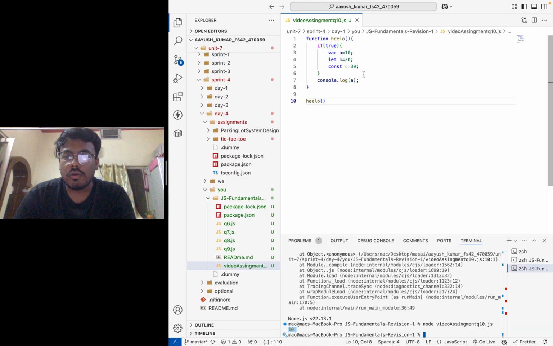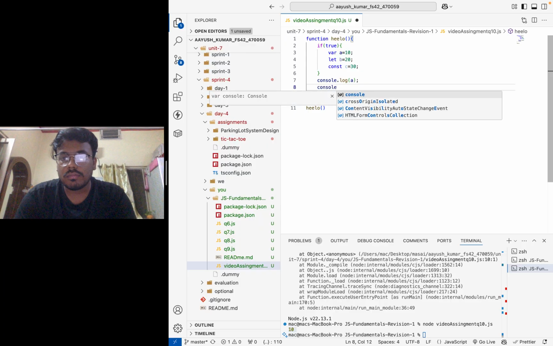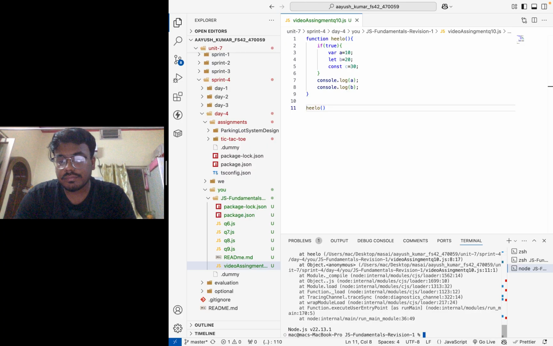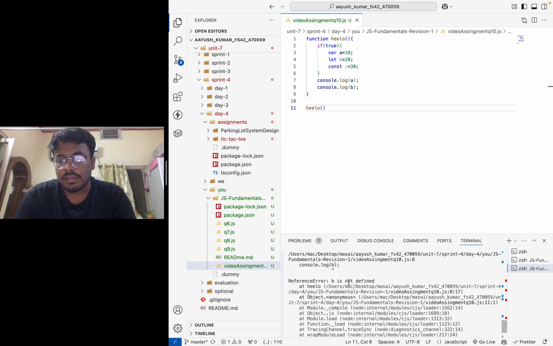Now let's predict the output of let. What do you guys think the output will be? Yeah, it will be a reference error. See, b is not defined, reference error, got it.